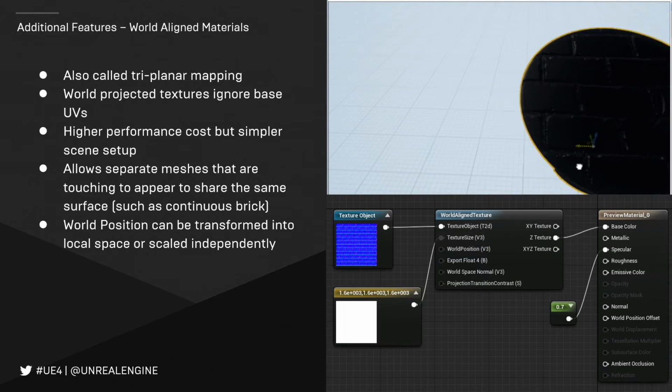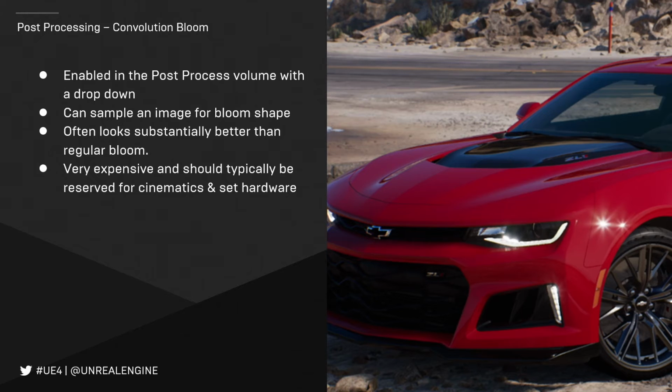So next up is Convolution Bloom. Now, Convolution Bloom is typically overlooked inside of Unreal. Most people don't know that we added it, but it allows us to add shaped bloom. You can see it on the car over here. So it allows you to add nice physical shapes to your bloom. So you end up with a far more realistic camera look. This is a really nice little touch, and to do it simply requires you to select Convolution Bloom from your post-process. And that's it. But most people just don't know what's there.